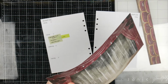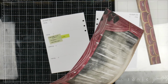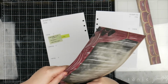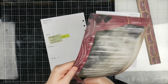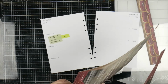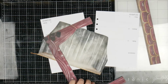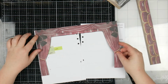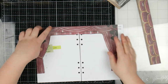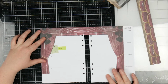I'm just going to leave a teeny tiny little space between the actual curtain and where I'm cutting. I'll just go around, and then once this is down we'll work out where it's going to sit. I got a little bit close on the right hand side, but that's alright. So I think if I stick it right in the corner, it'll obviously have a gap in the middle, but it'll sit. I guess the part of it that I need to work out is where's the center,